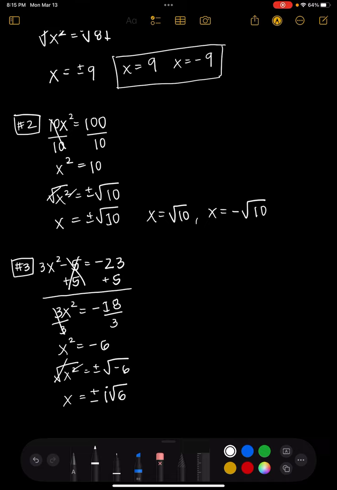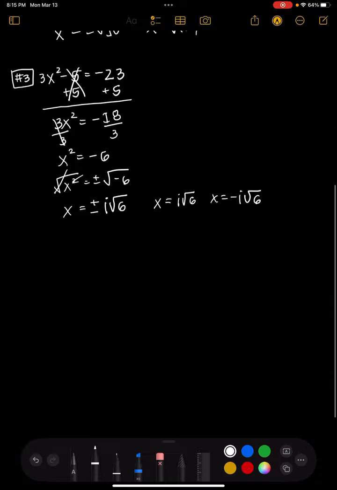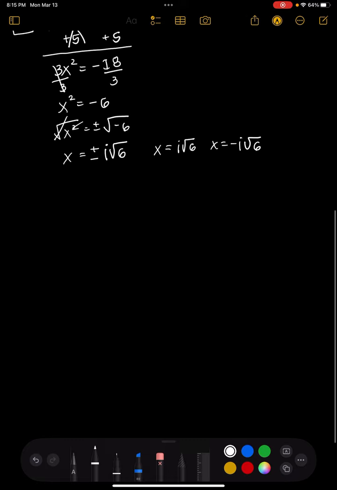So we're kind of done there. We can write it out as two separate ones where x is equal to i square root 6 and x is equal to negative i square root 6, but both of those are my answer. And they're imaginary because we can't square root negative numbers. So some of these questions on your self-check might be imaginary. All right, and then for the last example,